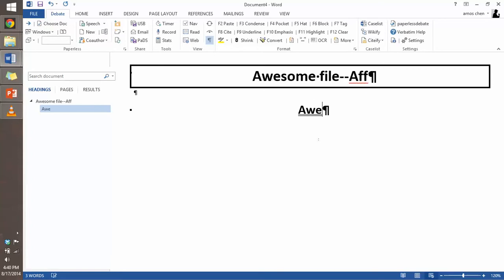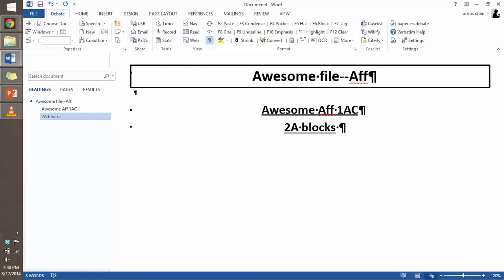So most of the time when you see it in files, it's used to title really broad-based sections, such as your 1AC, your 2AC back file blocks or answers to off case. It's called the